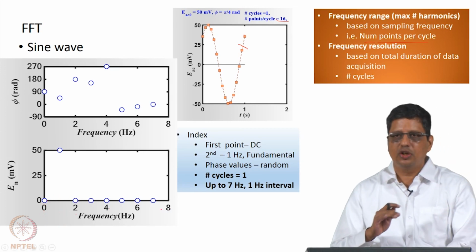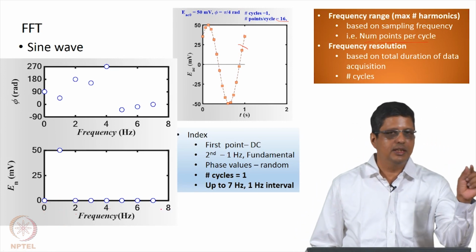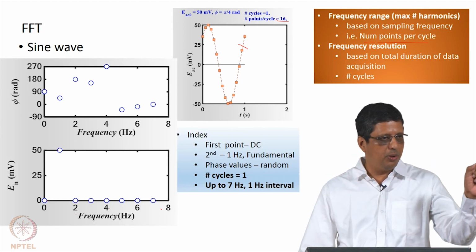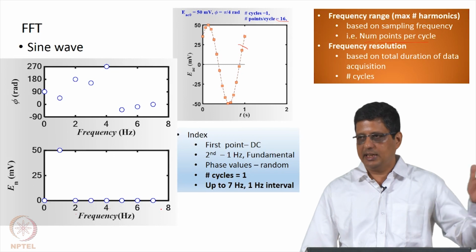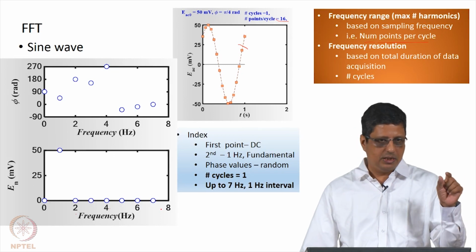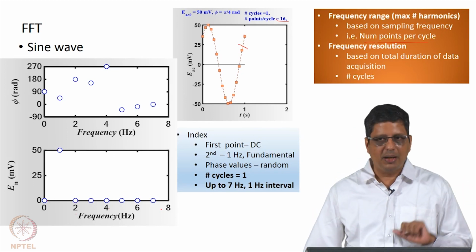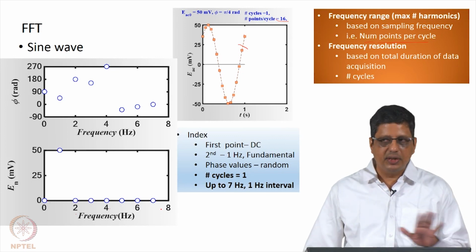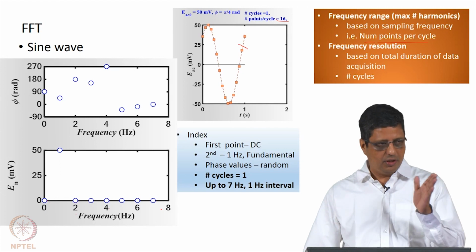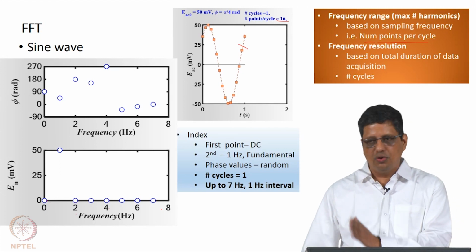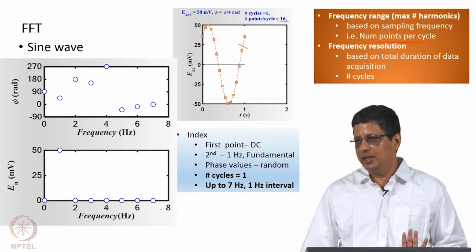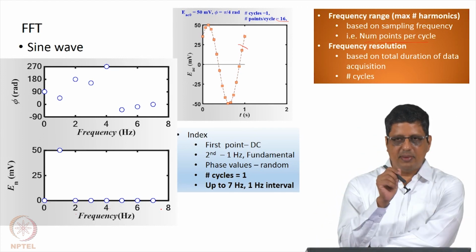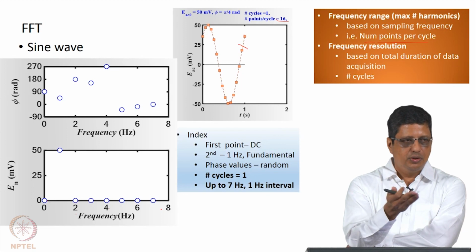Now in all these arguments, we have assumed that the sampling interval is identical. We are taking data at 0, 0.1, 0.2, 0.3, so many seconds or milliseconds. It is also possible that you can have data at non-uniform time intervals, and there is a method of doing Fourier transform for that. We are not going to get there at all. We are going to say our sampling intervals are uniform and we are going to look at data only with that assumption.